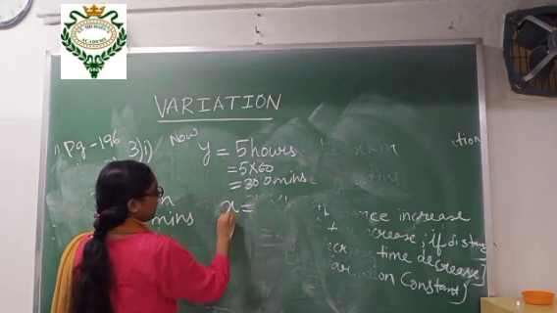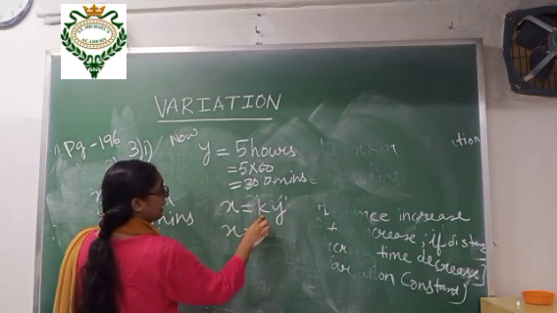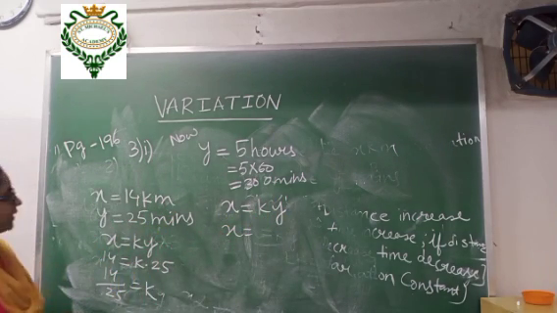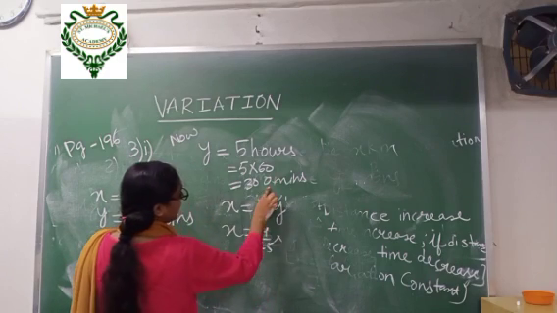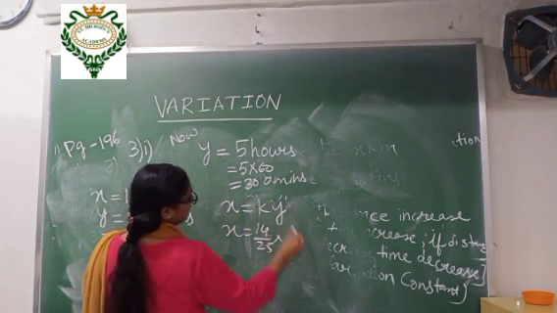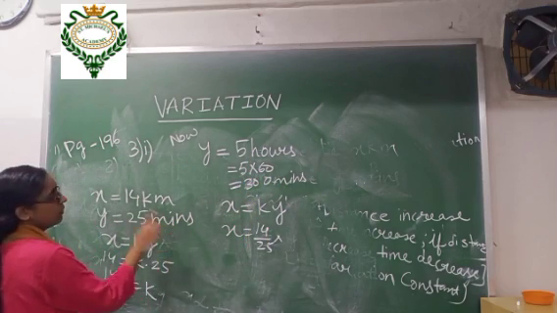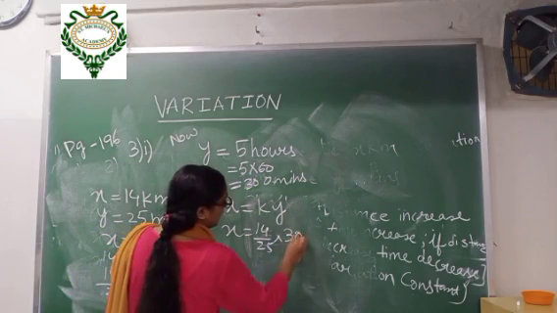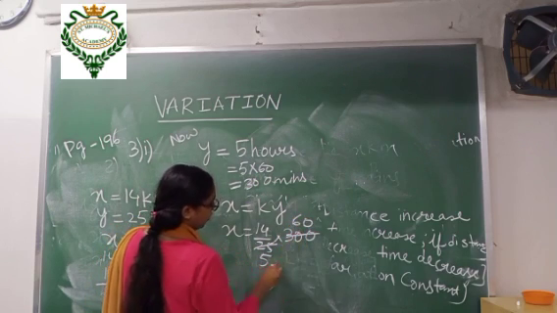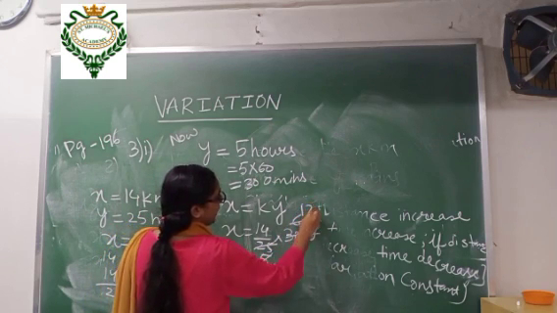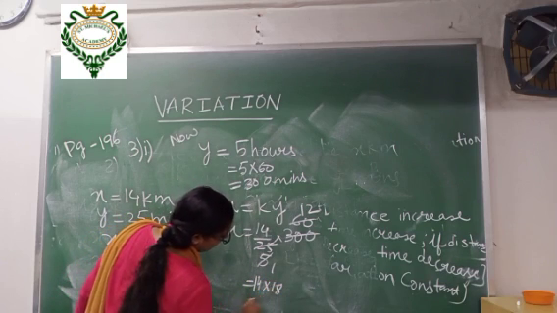What is the relationship? X equals k y. Now x value you don't know, k value you know. K value is 14 by 25, and y value you are getting 300. It is also already given. We are just converting into minutes because in this one it is in minutes. That is why we are converting. 5 5s are 25, 5 6s are 30, 0, 5 is 5, 5 1s are 5, 2 is 10, 14 into 18, how much will you get?